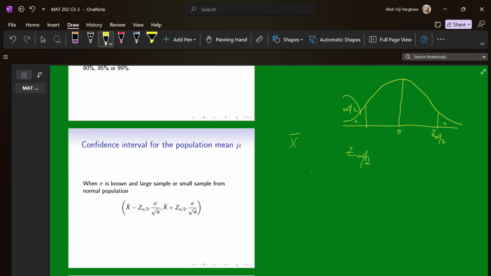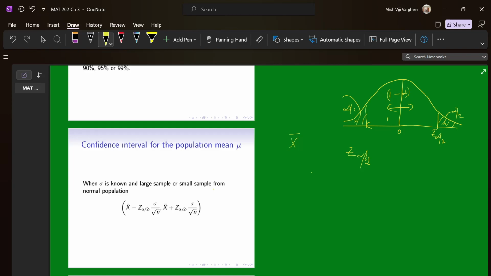Here we have alpha by 2 and here also we have alpha by 2. In total, these two tail ends together contain a probability of alpha, and this area in between minus z alpha by 2 and plus z alpha by 2, we have an area of 1 minus alpha. So that kind of a value of Z is denoted by Z alpha by 2. Anyway, this is our confidence